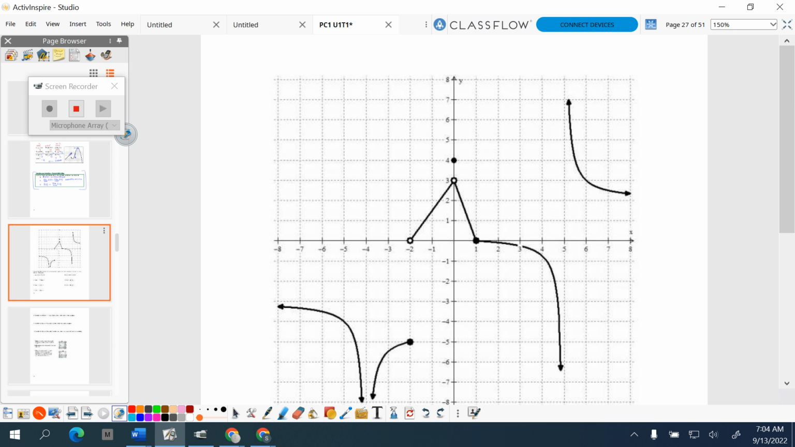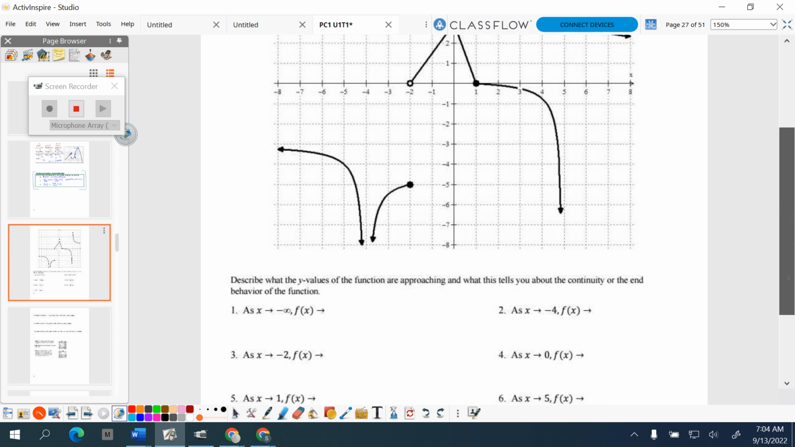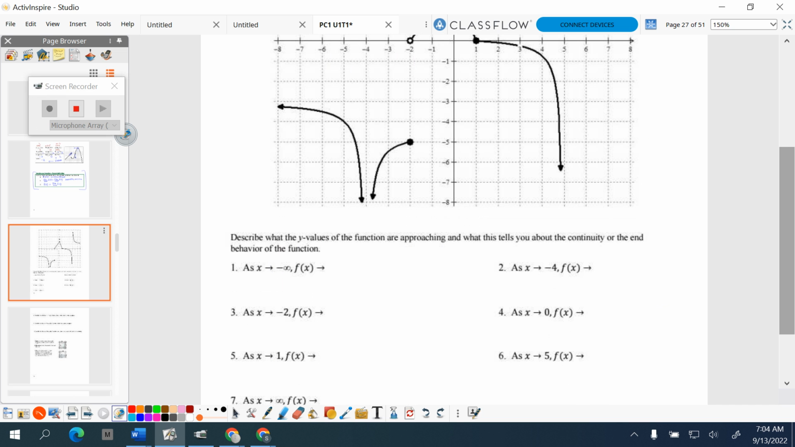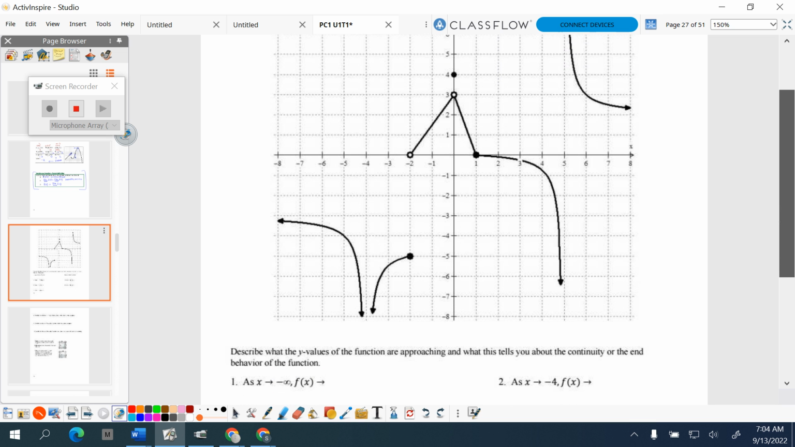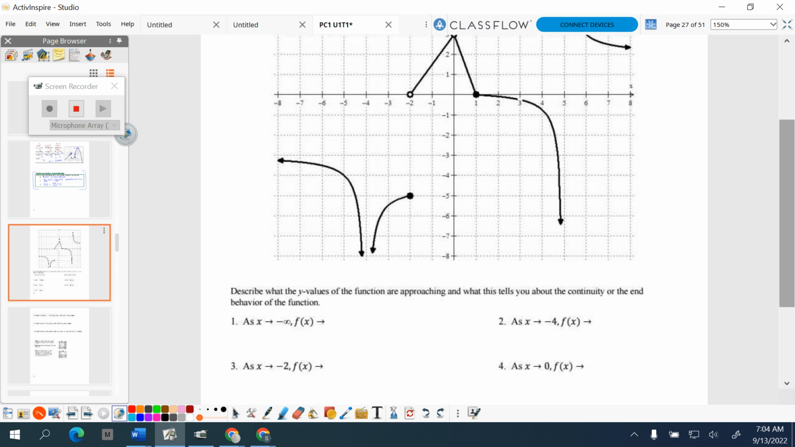All right. So now we have this big old graph, and this is our practice. We might cover some of this in class. You're actually going to do all of this in class, but I'll go through it right now since I have the opportunity to do so. It says describe what y values of the functions are approaching, and what this tells you about the continuity or the end behavior of the function. So the height